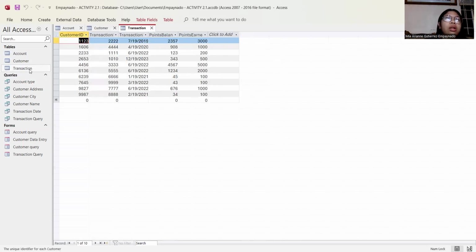Here, I'll show first how to create a single table form using the wizard from a table.